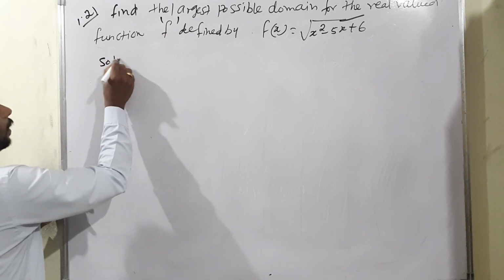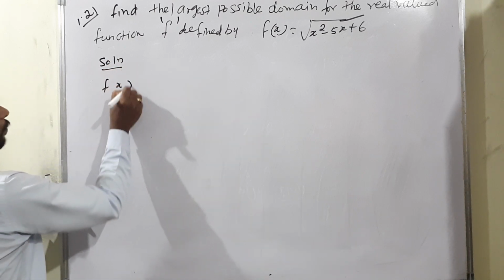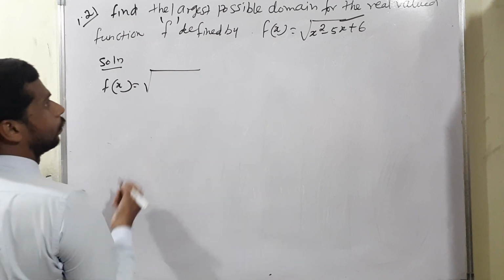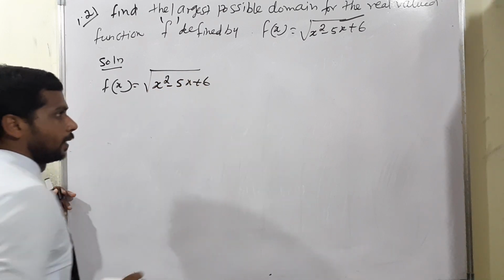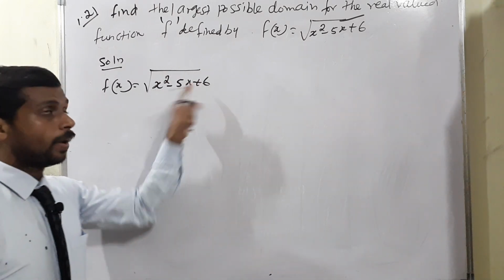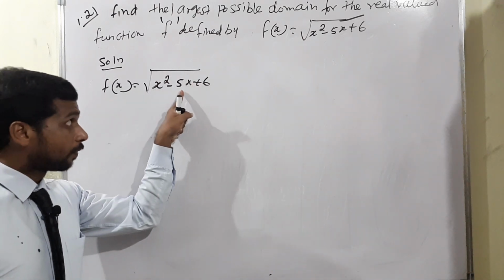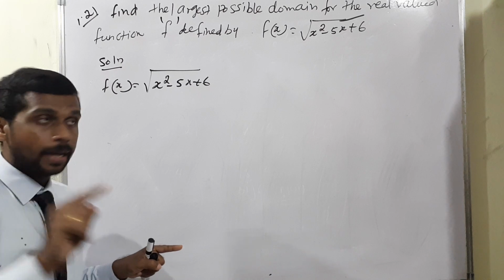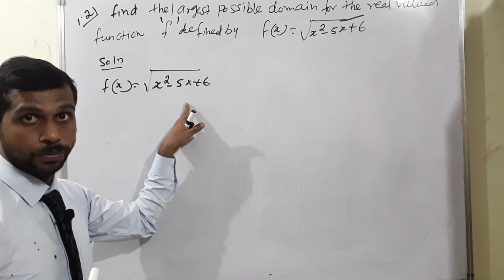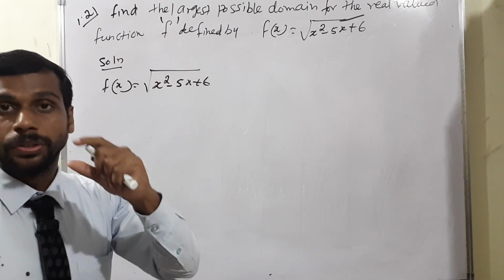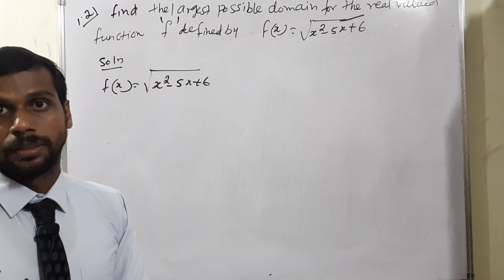Look at the solution. The function f of x is equal to square root of x square minus 5x plus 6. A square root is there. So if it is a function, whatever the value in the square root, it must be positive. If you have a negative value in a square root, it's not a real valued function. For example,